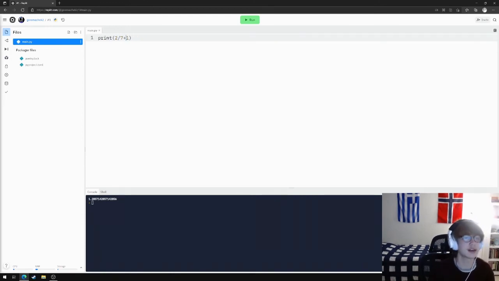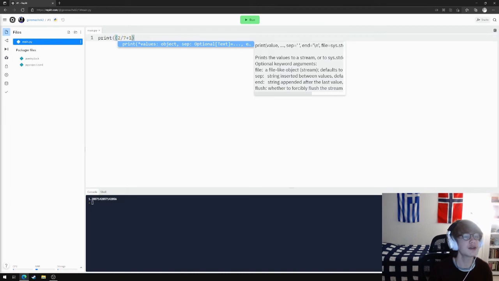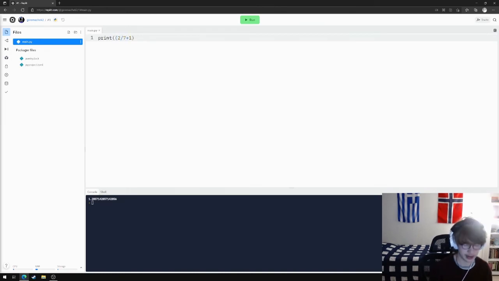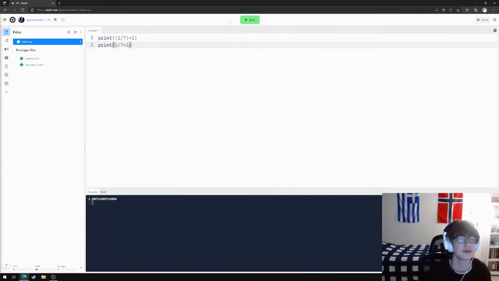it might not be clear if you're doing 7 plus 1, but 2/8, like 2/7 plus 1, or not. Actually, you will get the same answer as if you include those parentheses. They're essentially the same. If you have this and this, these are exactly the same, but it's just nice. And you can even